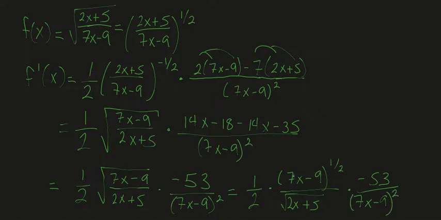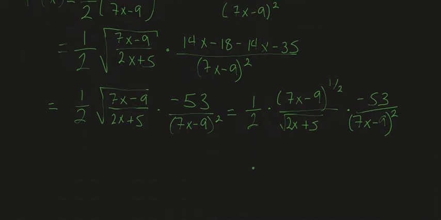We can simplify the 7x minus 9 on top with the 7x minus 9 on the bottom. And finally, we would end up with negative 53